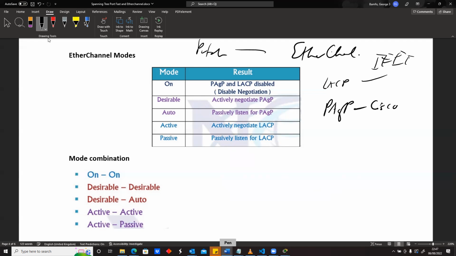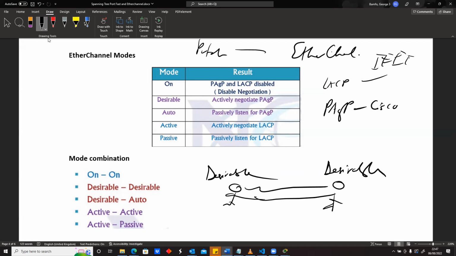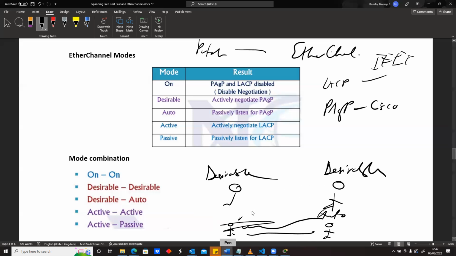Another thing that we spoke about was that with EtherChannels, when you have PAgP, which is Cisco's version, if one side is desirable, it's just like that side being active. And so we can mix desirable with another desirable, which is like saying two people who like talking, and they'll be able to communicate because they will all want to form some kind of communication. And we also have a situation where you have desirable and auto. So auto is just like the passive, where that person is shy and only will talk if the other person initiates a conversation. And so that person will respond. So it's either desirable with desirable, or desirable with auto. Those are the only combinations that can work on